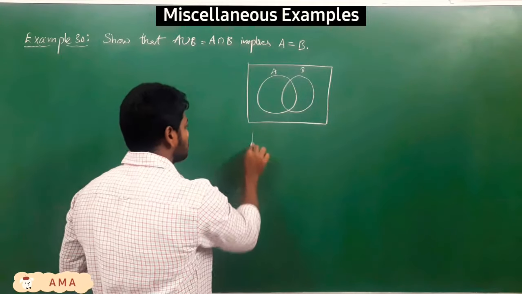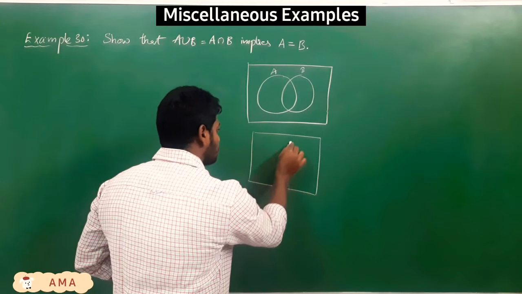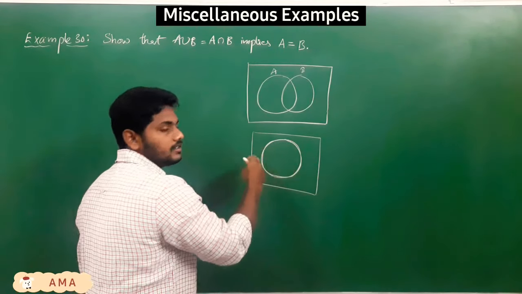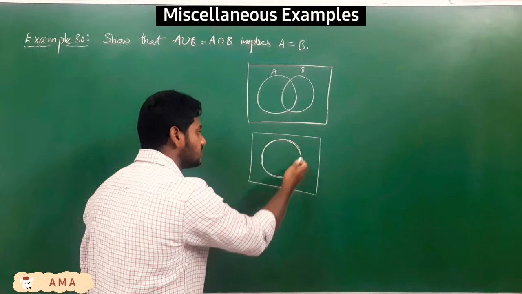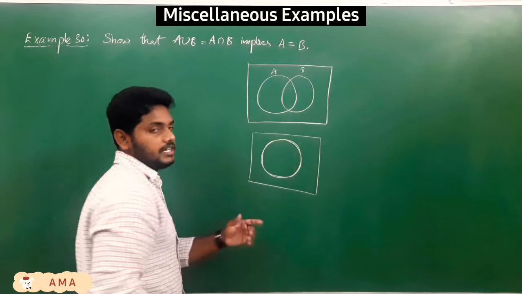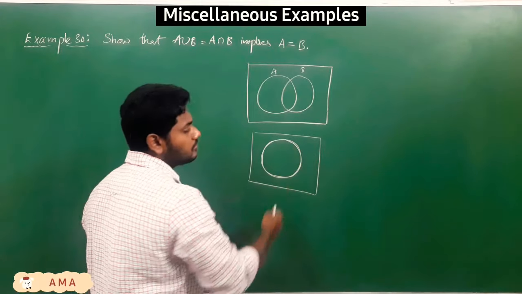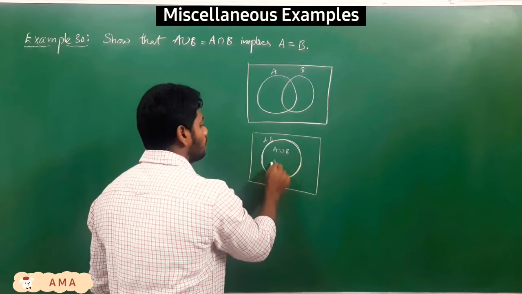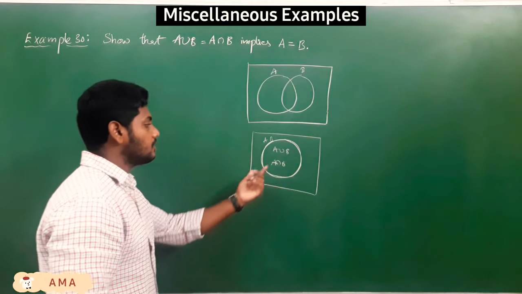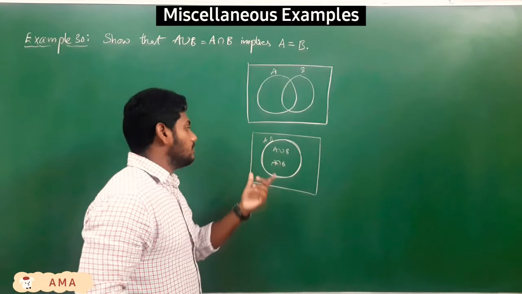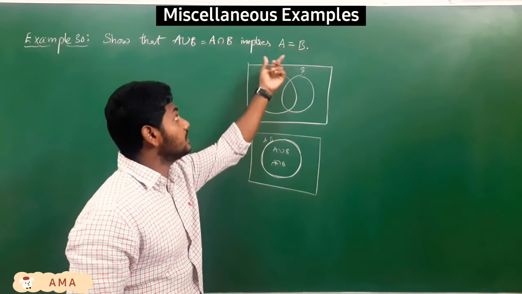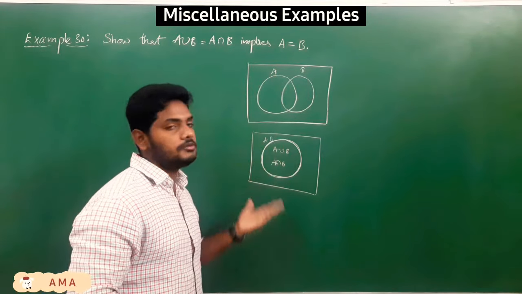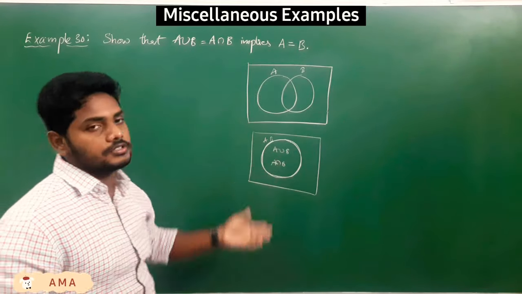But they said that A union B is equal to A intersection B. This is only A and that is only B. So then only we will consider this as A union B. Here we have both sets, A and B. This is A union B and also A intersection B. Common part also same, total part is also same. When A union B is equal to A intersection B, it is nothing but A equal to B only. By using common sense we can tell this, but we need to show it concept-wise.